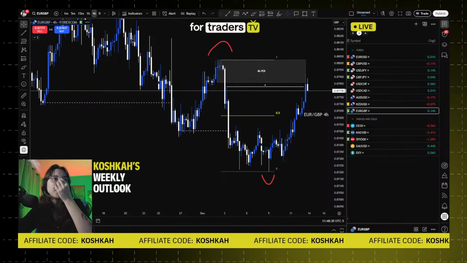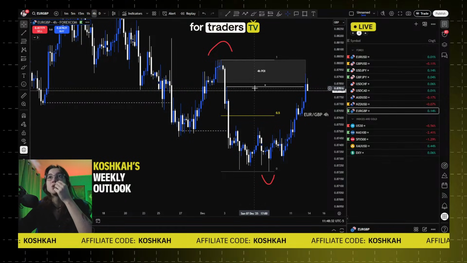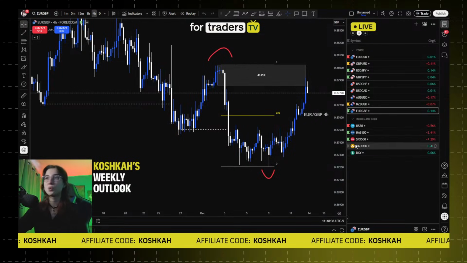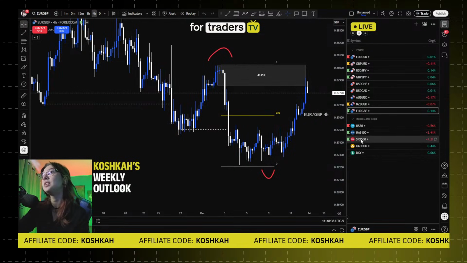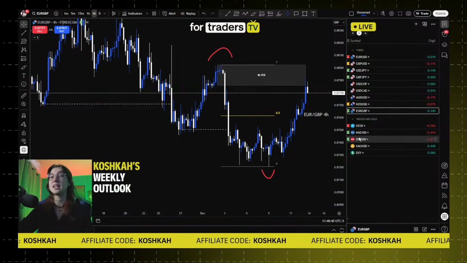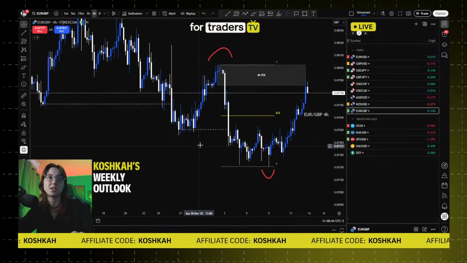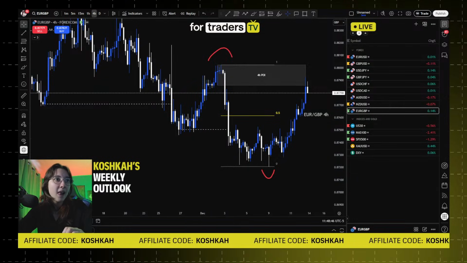Can you repeat about buy spread and sell spread? Yeah, I can repeat about buy spread and sell spread. I just want to finish these last two things on NAS and S&P, and then I'm going to repeat the thing about spreads, because I think it's really important.